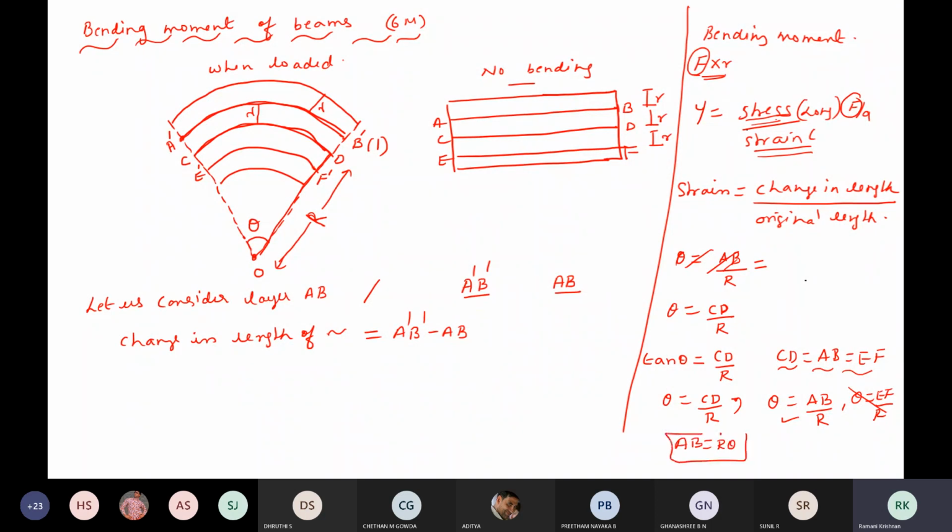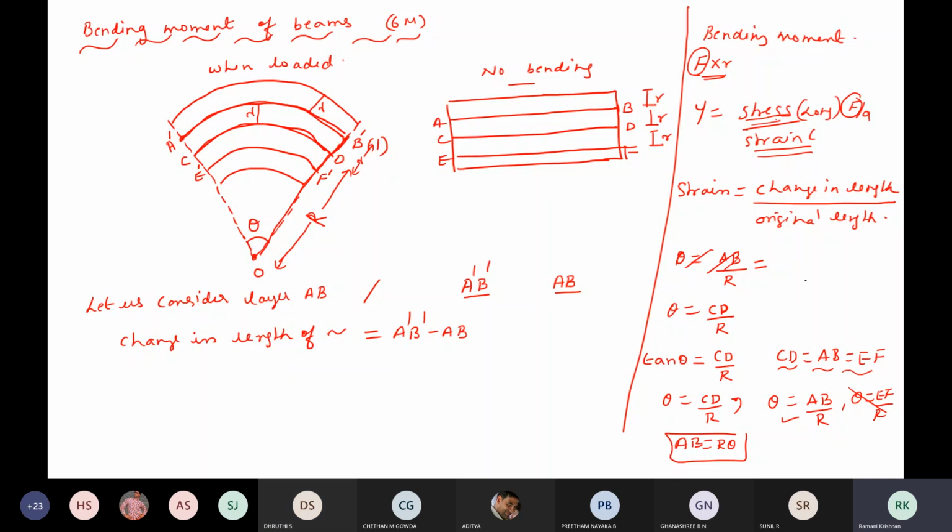I got one value. Okay, now you tell me how I'll write for A dash B dash, students? Now what is A dash B dash? It has just got added by how much distance? This is R. What is this distance? This distance is R. Now can you guess and tell me the value? For the R neutral plus angle. R. Yeah. Okay, tell me. Yeah, someone was telling, R plus R.